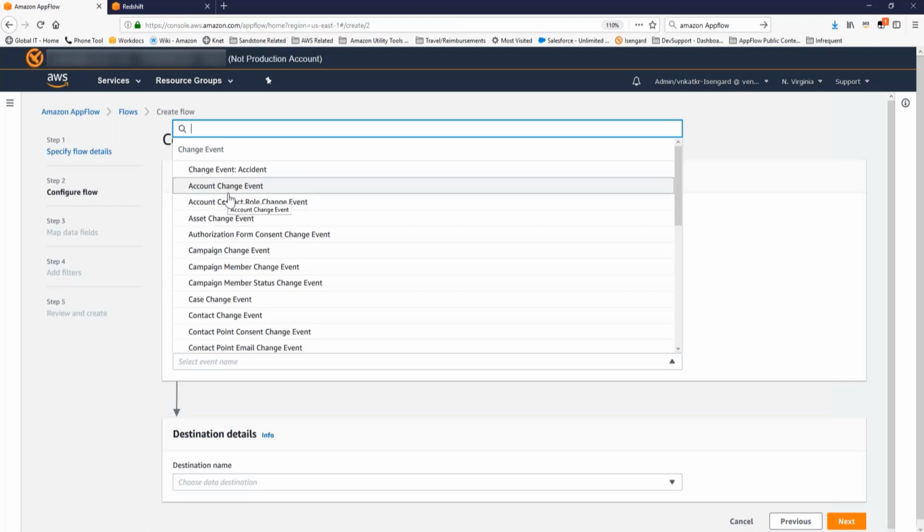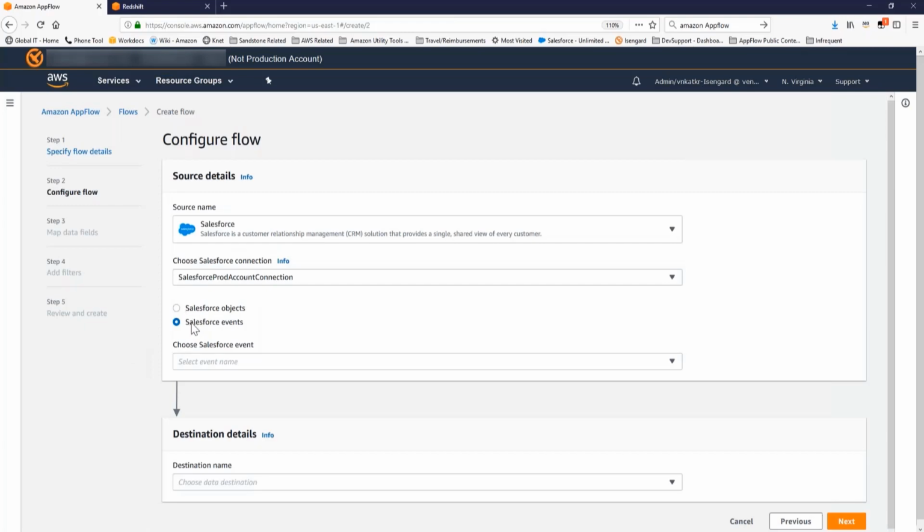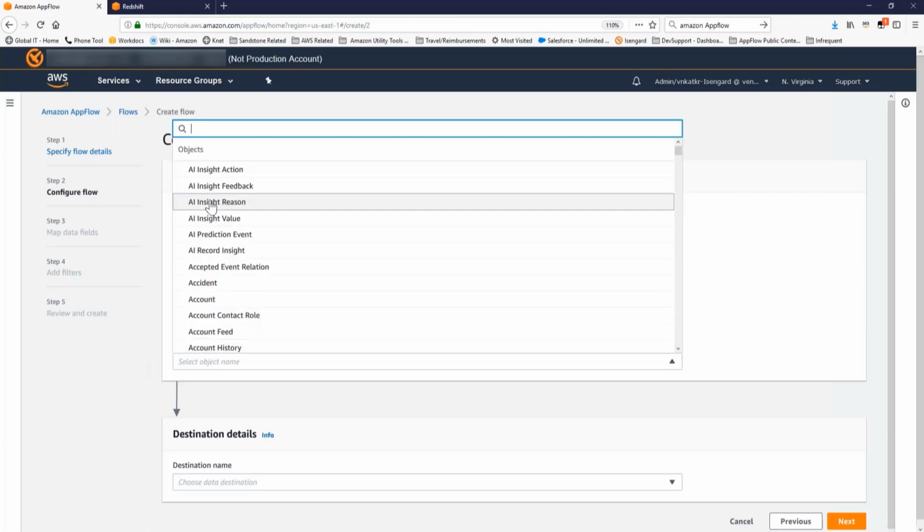This will look for any new accounts that are created or any changes to existing accounts in Salesforce. As soon as that change happens in Salesforce, the flow will get triggered and it will transfer data that's contained in the payload of that event into the destination of your choice. For this demo, I'm just going to go back to my Salesforce object and pick users